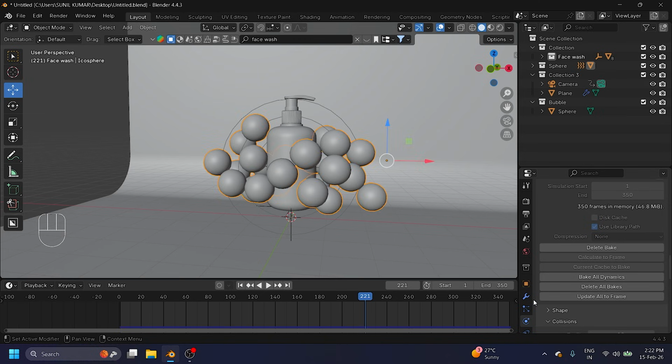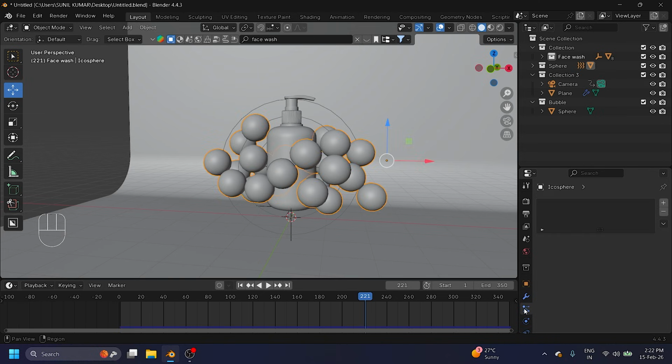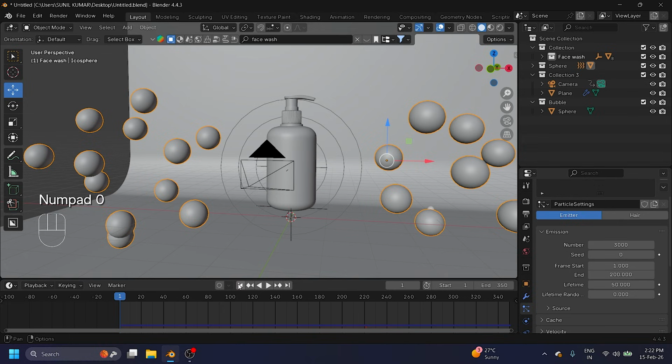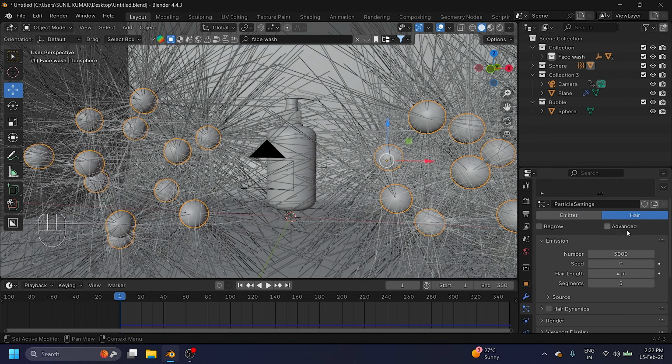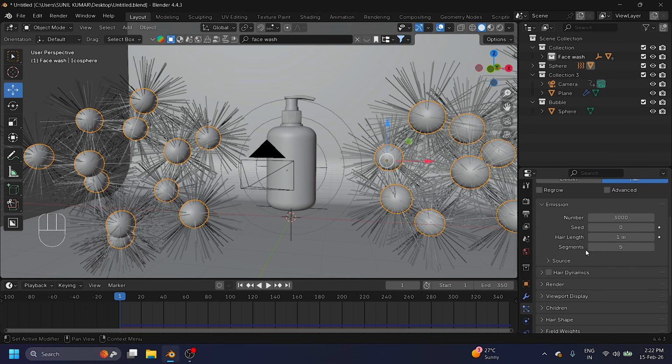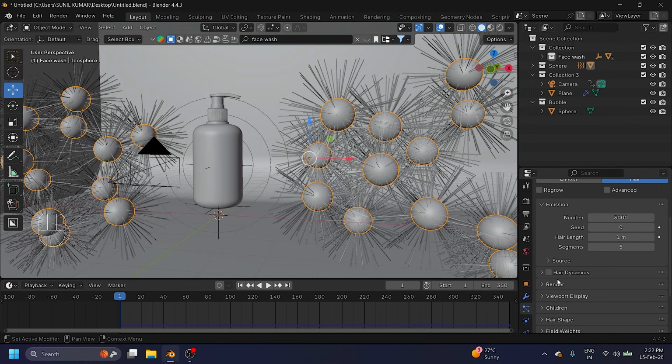And guys, select this one, sphere, and go to on here. This is my particle. Particle check. And number, guys, increase like 3000. Go to on back. 3000 particles. And guys, see, emitter. Guys, I apply here. Yes. And guys, this is my hair length. Don't need smaller.